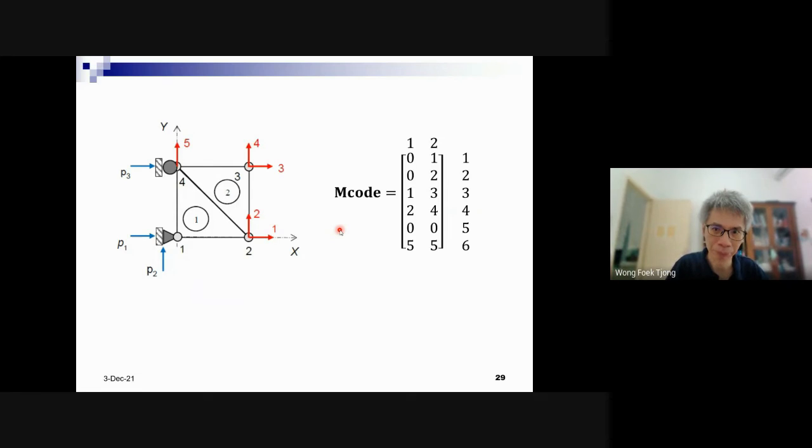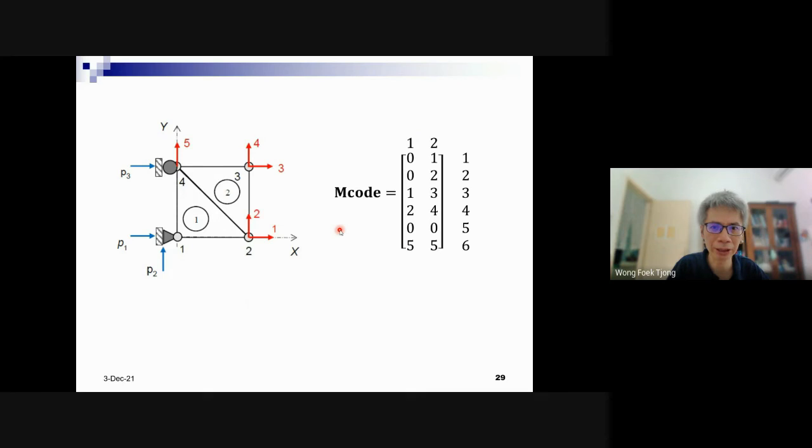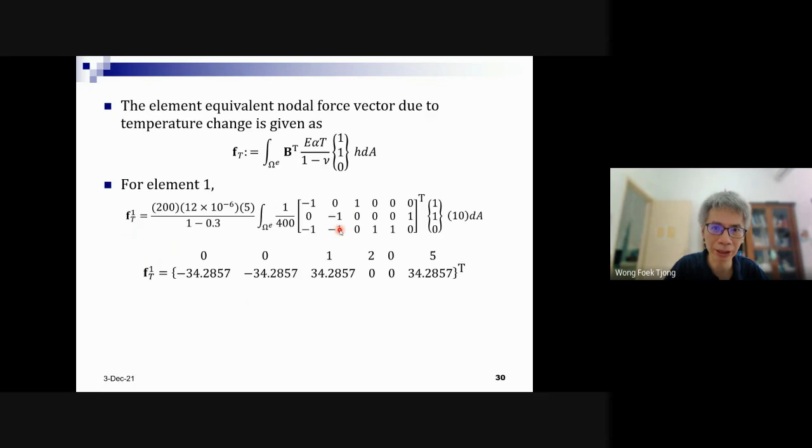Let's use finite element. This is the same as problem number 1. So I think the stiffness matrix will be the same, just the change is, we should calculate the equivalent nodal body force due to temperature change in this case, okay, this one. B, for element number 1, this one, E alpha T. I think just plug in the data, because these are constants we can take out of the integrals. And then the result is this one for element number 1, okay?